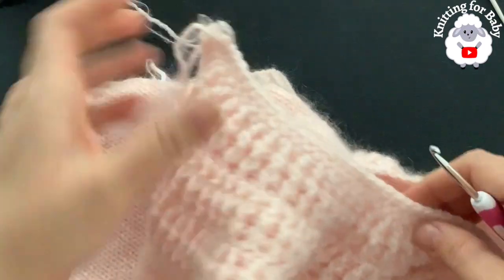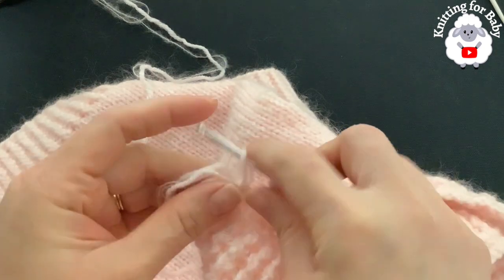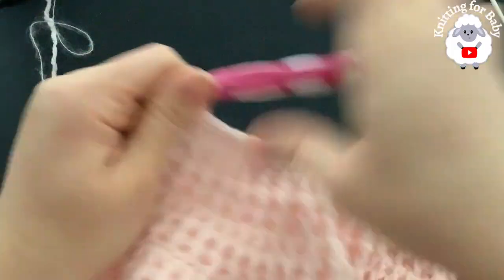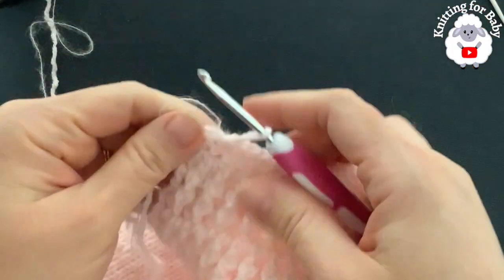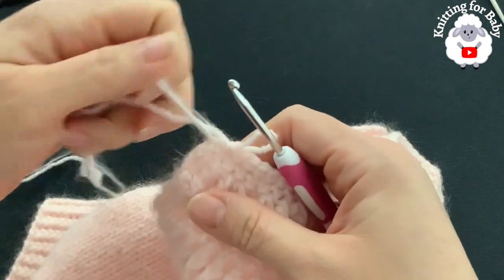Okay, I finished making these single crochets all around the neckline. I have 54 single crochets. If you have 1 or 2 stitches less or more, it's okay. The important thing here is that it looks nice and you don't have too many single crochets. Now to continue here, we're going to, let's see,